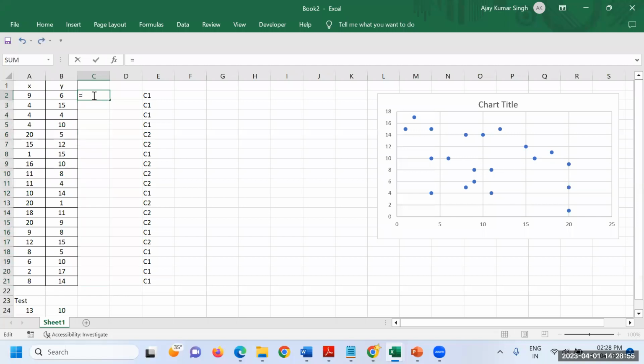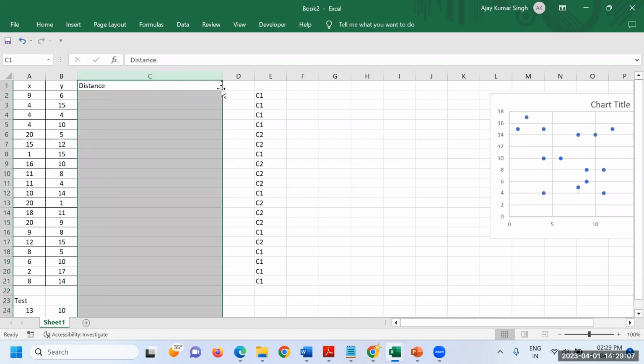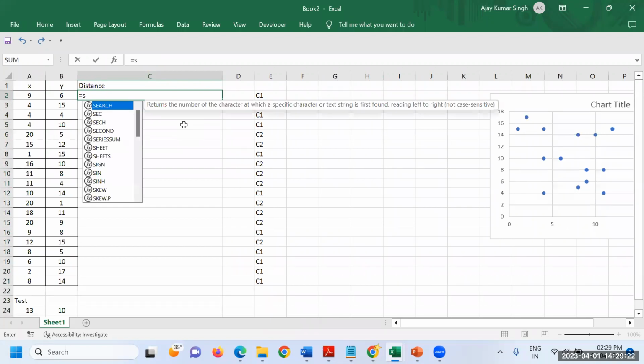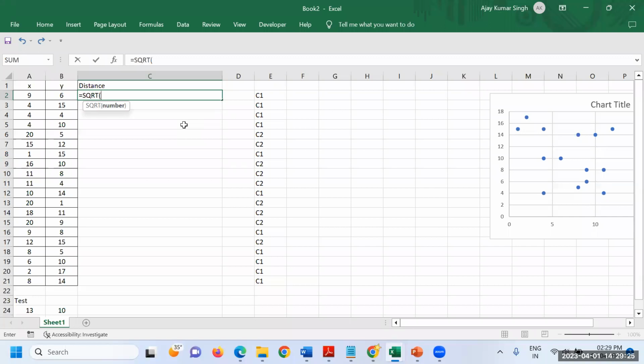So I'm going to calculate distance. Let's say it is your distance. So here we are going to calculate it. What is the formula? Suppose we are going to go for Euclidean distance for the timing. It may be any distance. So what is that? SQRT is square root of test data minus this point, that is, test data minus first point, second point, and so on and so forth.